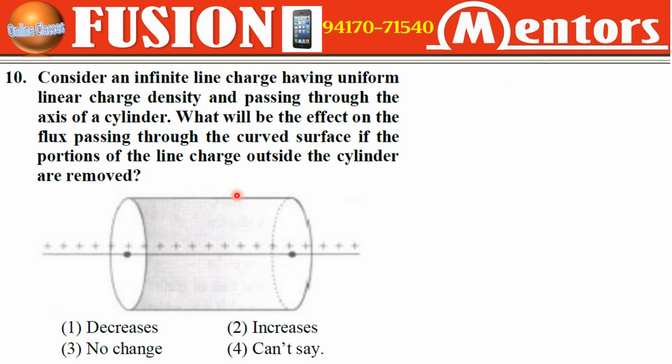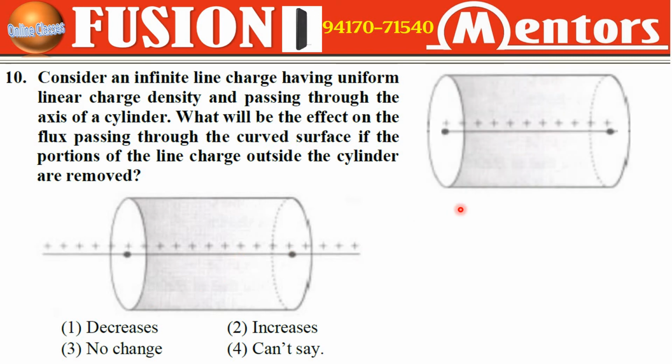Okay, so another question on electric flux, Gauss's theorem. 10th question of the given assignment. Consider an infinite line of charge having a uniform linear charge density and passing through the axis of the cylinder. So here is the linear charge distribution. Question is, what will be the effect on flux passing through the curved surface if the portion of the line charge outside the cylinder is removed? If we remove this part,